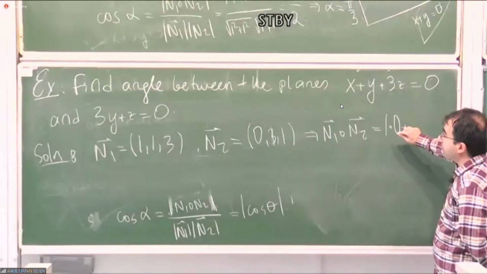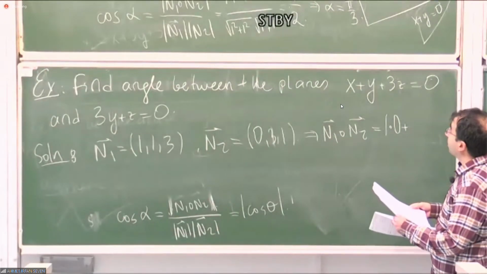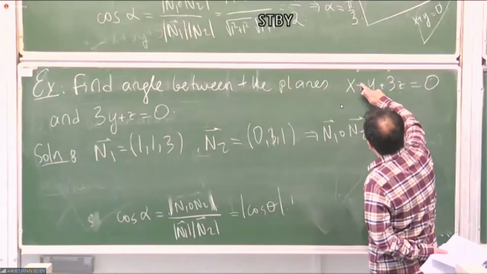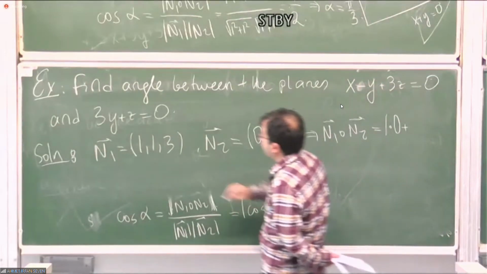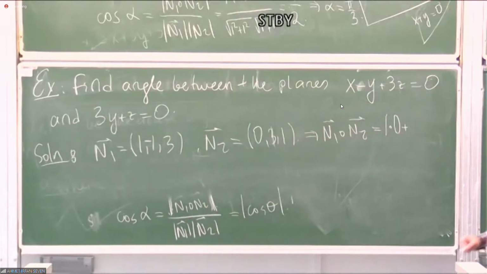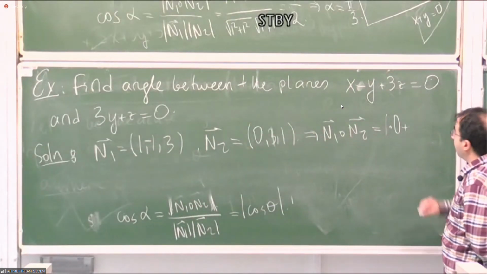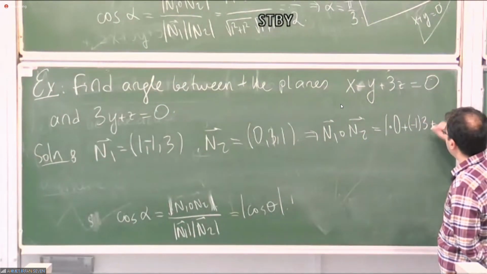And I should take x minus y. Okay, 1 times 0 plus minus 1 times 3 plus 3 times 1